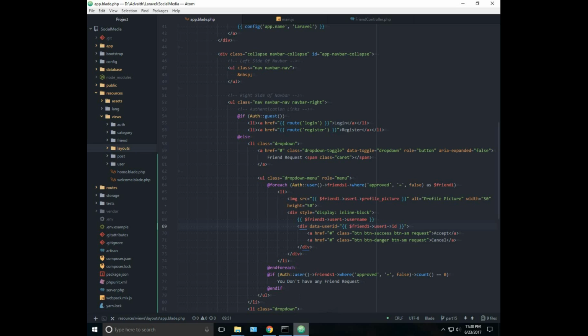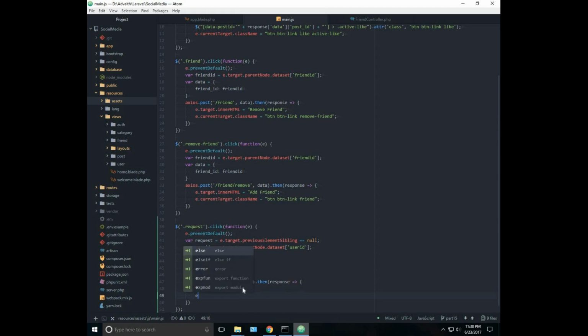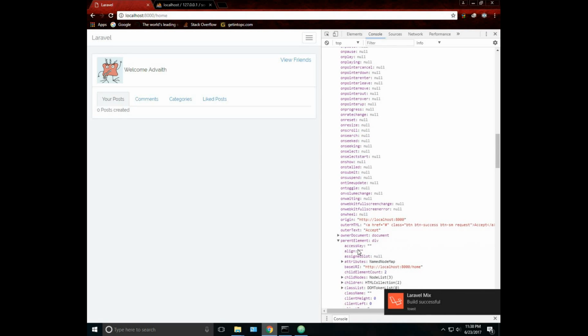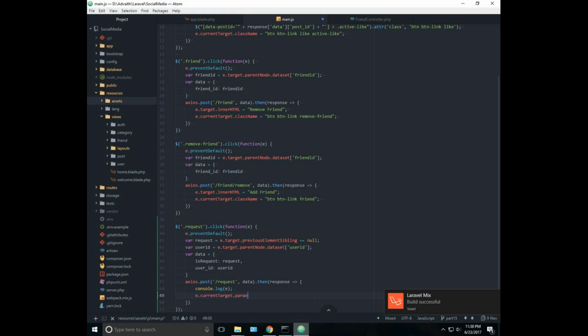So that will be e.currentTarget.parentElement.innerHTML equal nothing. Or we can do is we will create a new span,